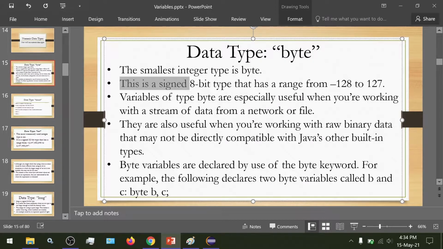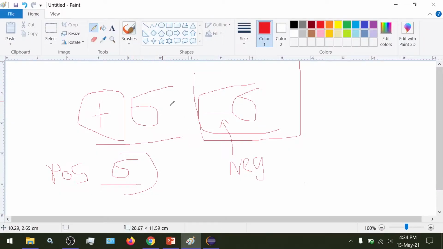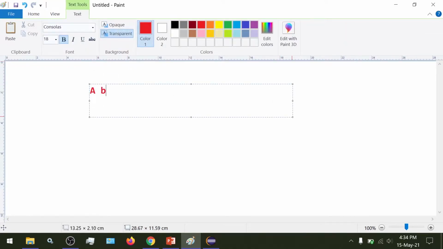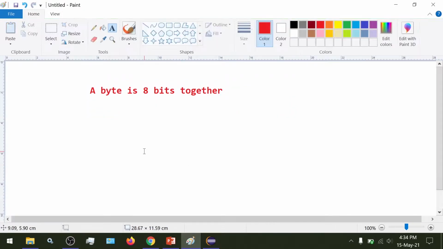This is a signed 8-bit type. Signed means the number of type byte would have a sign associated with it, and it is an 8-bit type. So 8-bit, just as I explained now, a byte is 8 bits together.